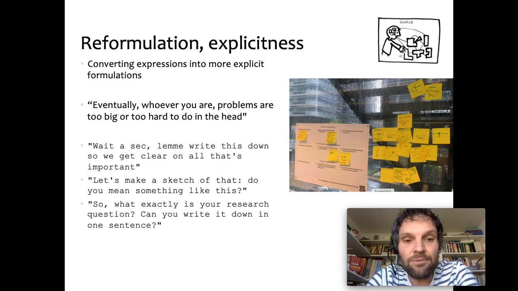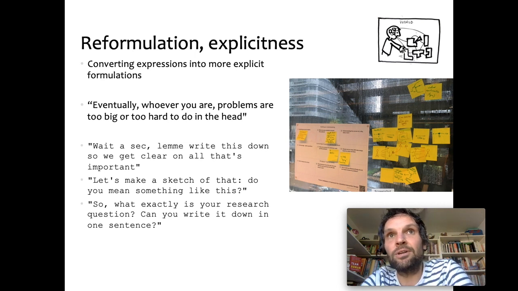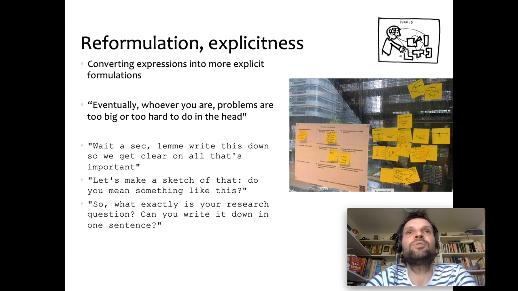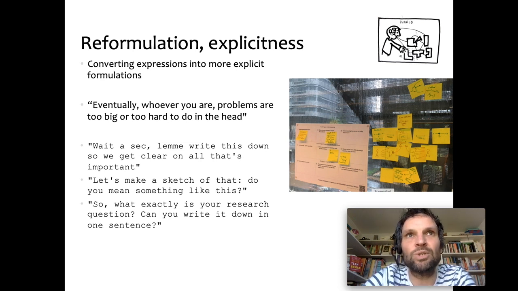And then, of course, there's the famous "what is your research question?" So if you're a student at the university doing a graduation project like a bachelor's or a master's project, everybody has had these same conversations over and over again with their tutors or supervisors saying, okay, but what is your research question? Write it down. Can you write it down in one sentence? Can you make a short abstract? Can you write it down in 300 words? What is it exactly that you want to do? Can you make a plan? Can you make a Gantt chart, can you give me some deadlines, right? So all these things are about getting a grip on a complex problem by making it explicit.